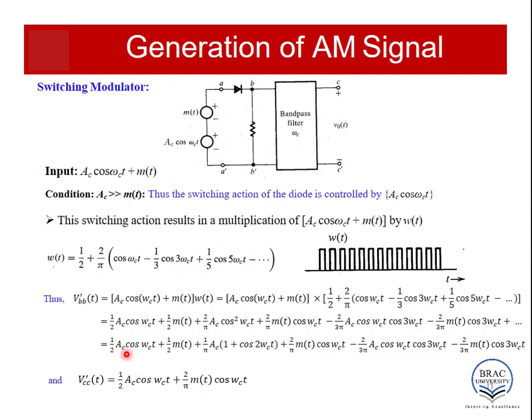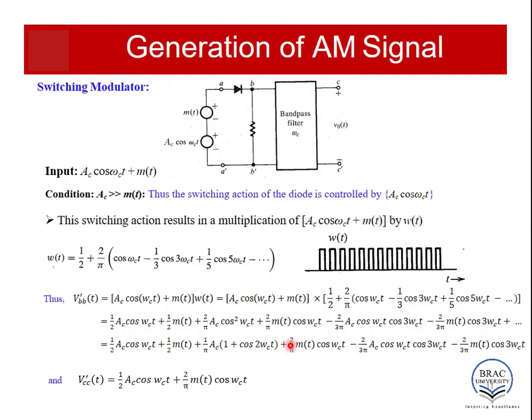Here we can see this has a frequency of omega c, so this component will be passed. This is message signal and the frequency of message is much lower than the omega c, so this will be blocked. Again there are two components here. First one is a DC component 1 by pi Ac. As DC has zero frequency, this will be blocked. Then comes cos 2 omega c t. This has higher frequency than omega c because the frequency is 2 omega c here. This will also be blocked.